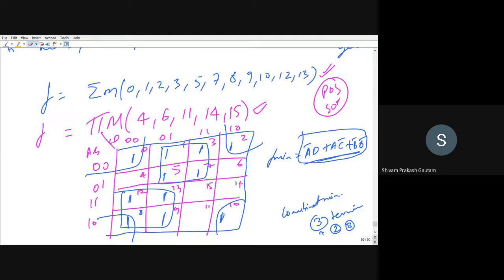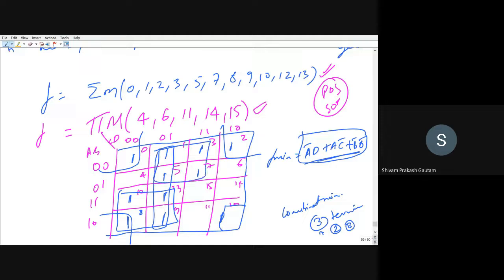Now someone was saying some other combinations. If you have some other combination, you can check, because we have time, 2 minutes. Someone will say, sir, we can combine 0, 1 like this. This is one combination, and then you can combine the second quad. Then there is no other way, you have to combine this as well. So this becomes redundant, and again we have reached the same equation.